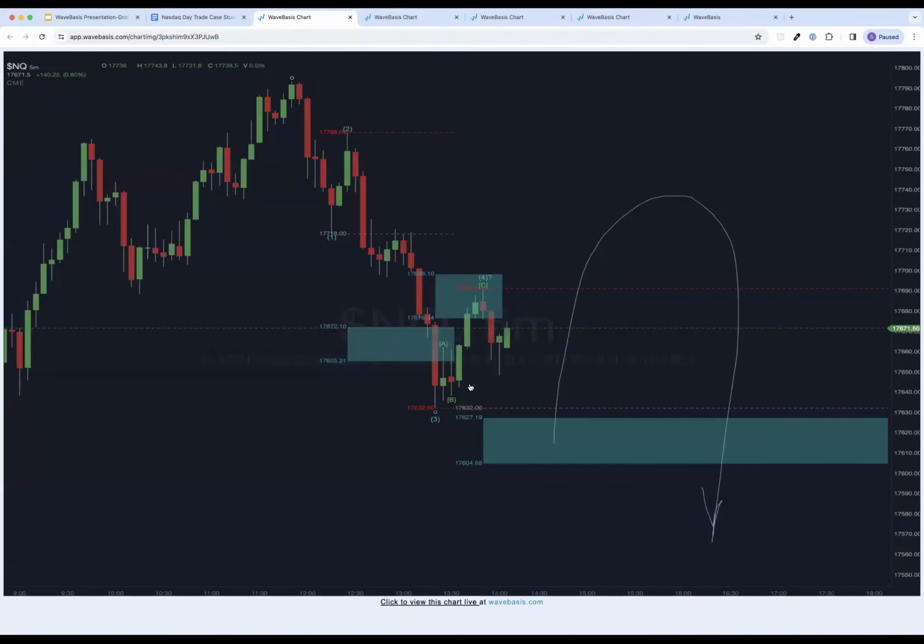So rather than trying to chase a move in here somehow, you're going to go and sit up here and wait for it. Wait for the market to come to you. That's one of the mental paradigm shifts of using Elliott Wave analysis that has really helped me over the years.